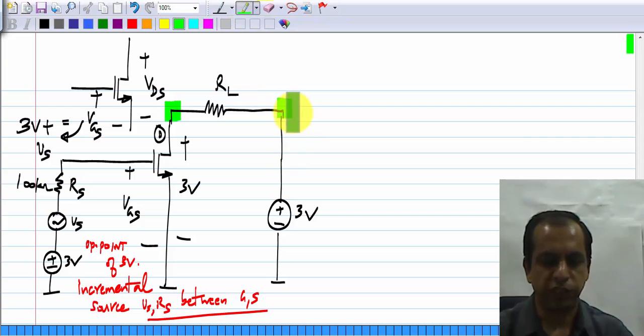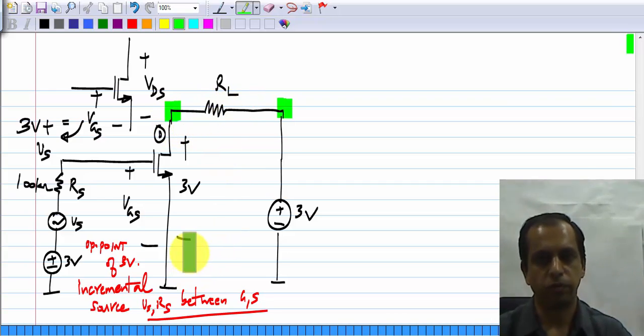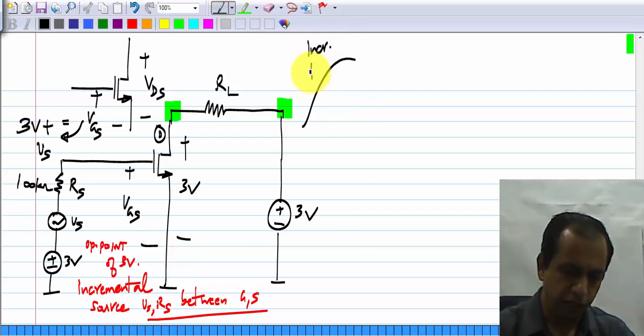So, again I hope it is clear what happens. In the incremental picture, this 3 volts becomes ground and this RL appears between drain and ground. So, this is topologically correct. Okay. That is, if you look at the incremental picture,